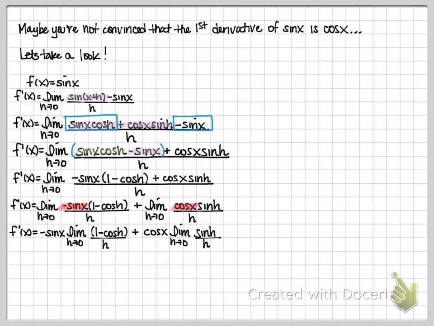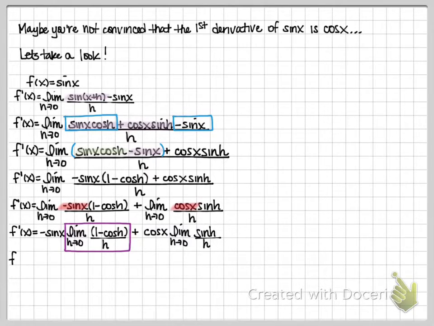The only thing that's actually inside the limit process part of this is the stuff that actually has h's on it. Well, if you look very closely, these should look familiar. So if I take a look at this first limit, that limit is one of the corollaries for the squeeze theorem. So the limit as x approaches 0 of 1 minus cosine x over x. That should look very familiar. As a matter of fact, that limit,